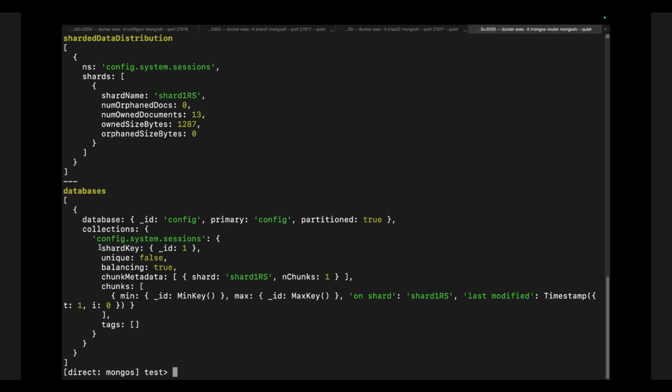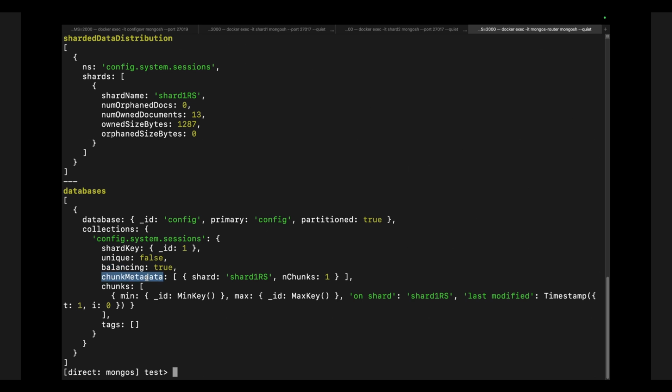If you go down, you can see that the config.system.sessions collection is sharded already. MongoDB automatically shards this collection. Data is split based upon the _id field. Here, unique is equal to false, which means duplicate IDs across the chunks are allowed. We have balancing equal to true, which means MongoDB is allowed to move the chunks for load balancing.